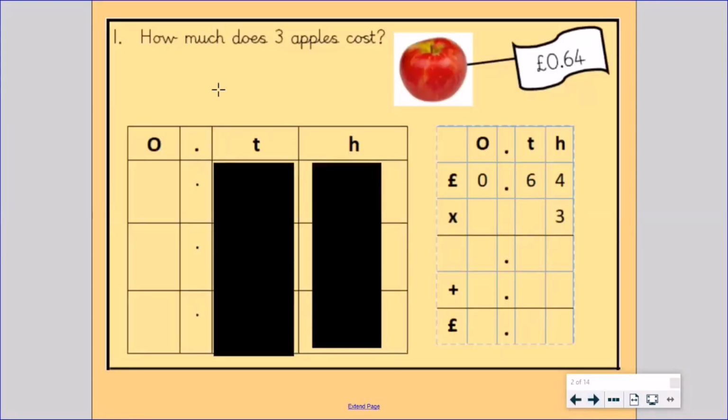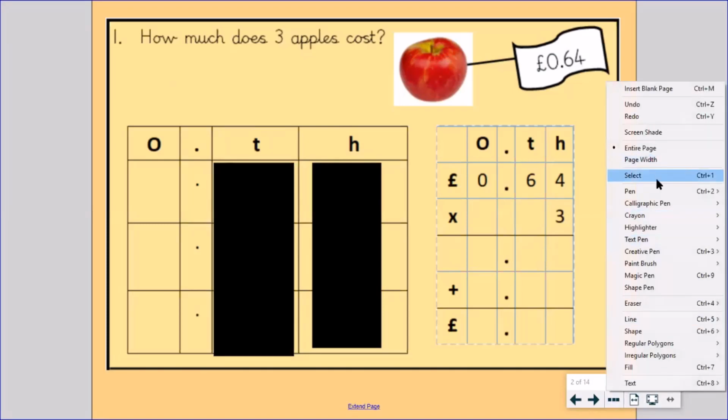Okay, so you can see here I've got the question, how much does 3 apples cost? And I've got the amount here, so 64p for 1 apple, and I want to know how much it's going to cost me for 3. Right, so I can do this in 2 different ways. The first way I've got here is my formal written method,